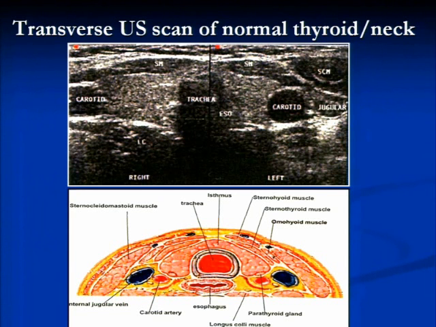In terms of looking at this a little bit more anatomically and trying to mirror an anatomic cartoon with what we see on ultrasound, we of course see the trachea, which is centered here. The esophagus is usually positioned as shown here, rather than right behind the trachea as shown in the cartoon. The thyroid overlies the trachea with your isthmus in the middle, carotid and jugular as shown here to the left and right, and surrounded by sternocleidomastoid muscles and other neck strap muscles, which can usually be easily differentiated from the